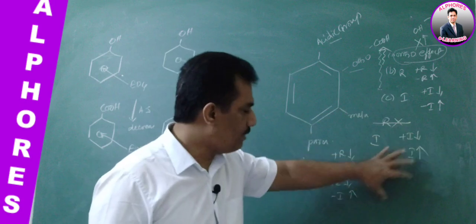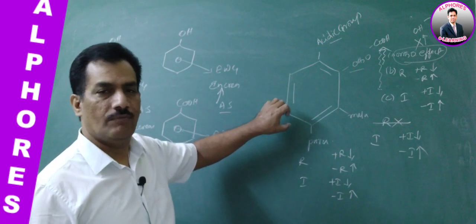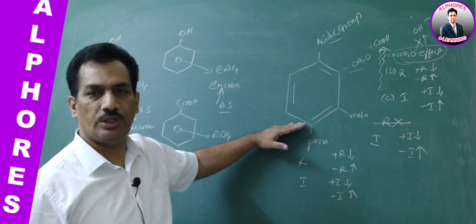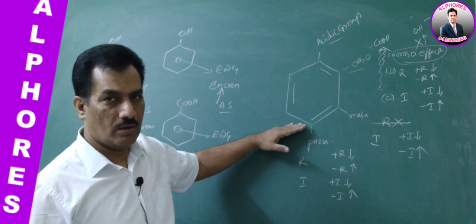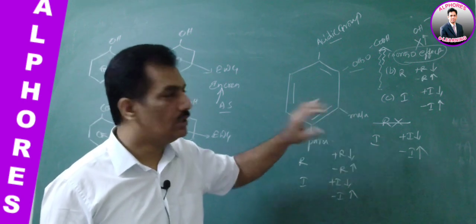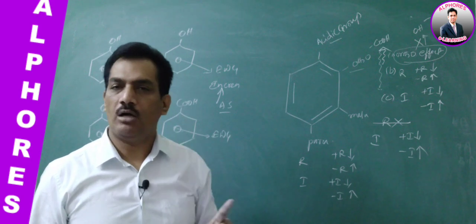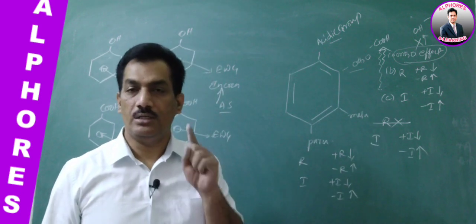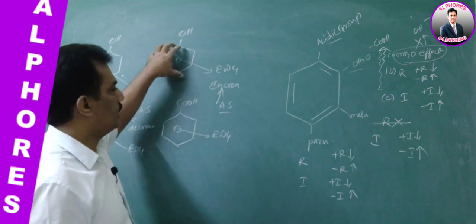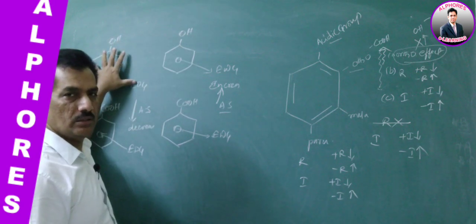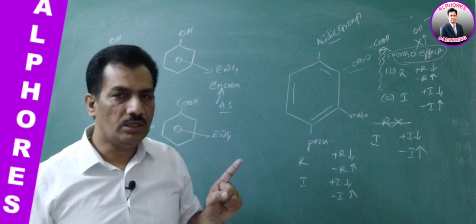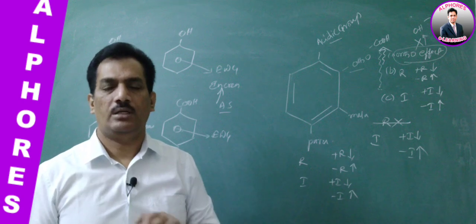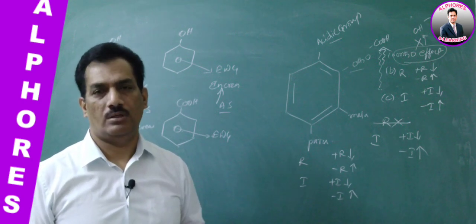These are the different factors that are in operation when an acidic group is present in a benzene ring and the substituted benzene groups. Clear? Just remember, except for the ortho effect, in all the remaining cases, all these different factors are operating in a similar manner for both phenol as well as benzoic acid. But the ortho effect is working in benzoic acid, which always promotes the acidic strength, but it is not operating in case of phenols.